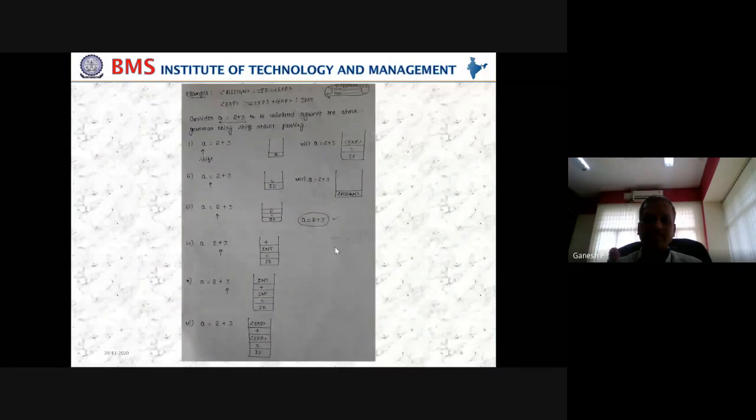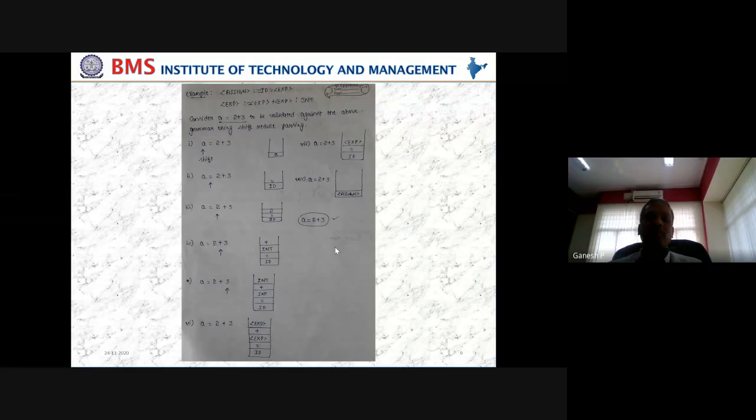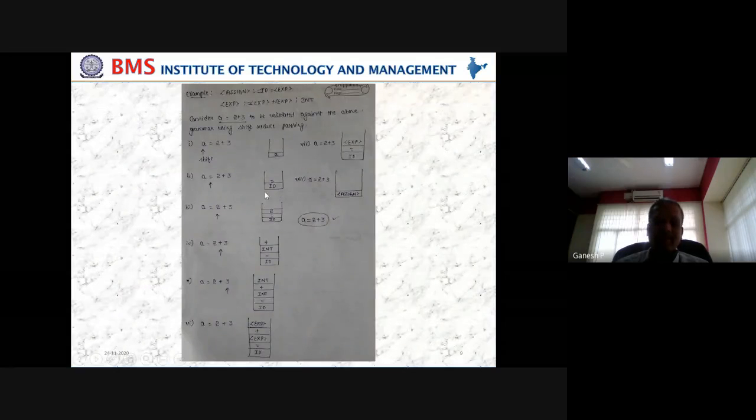Okay, this is what we have taken as example now. Let us take a is equal to 2 plus 3, on similar lines to what we have done here. So A is pushed onto the stack, and the grammar given here for us is an assignment statement: ID, exp. It is a very, very simple grammar, not the grammar you have taken in the textbook, just to understand how shift reduce can be done. Even in the examination, if they ask you to explain shift reduce parsing, you have to take a grammar of your own choice and start building this type of diagram.